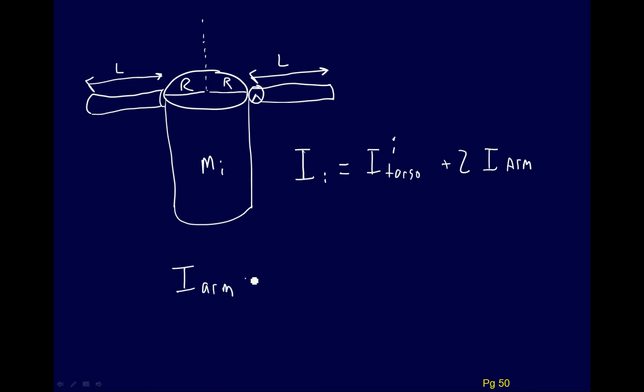And so the moment of inertia for each arm, it's kind of ugly, and it looks like this here. So it's 1/12 the mass of the arm times the length of the arm squared. So L sub A is the length of the arm here. You've got to calculate one for each of them, but just calculate it once and multiply by 2. Plus the mass of the arm times this combination of L divided by 2 plus the radius